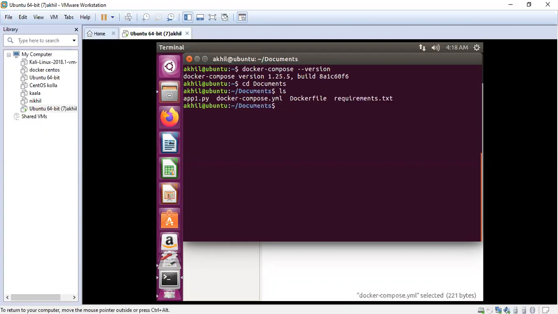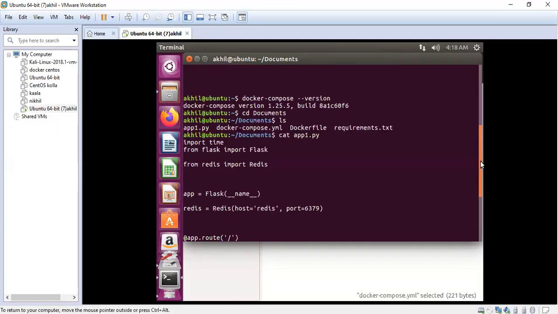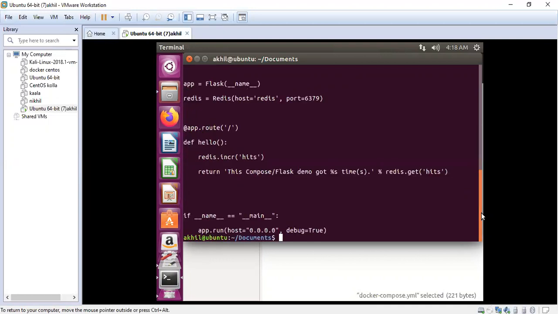And first of all, I will show you what is present in my Python file. This is a simple program used in a web browser that counts visits. I'm using Redis and Flask here. You can see it, everyone, it's a basic program. I think everyone could understand it.